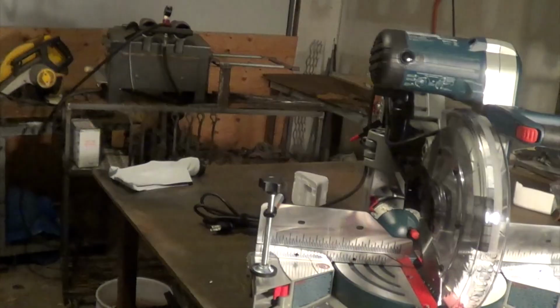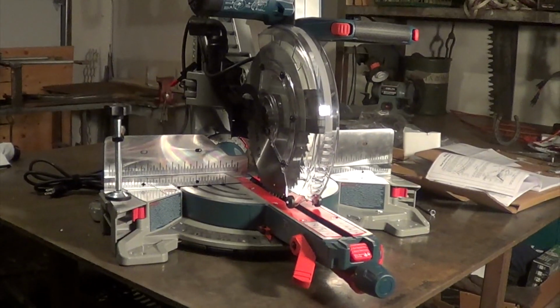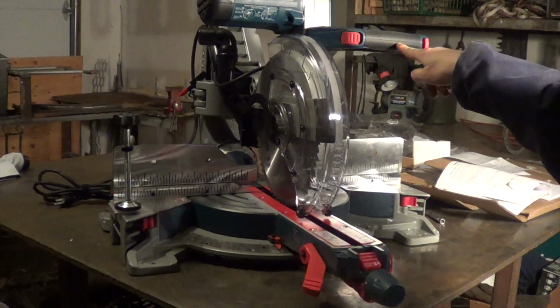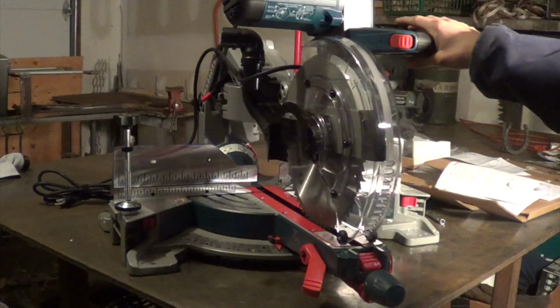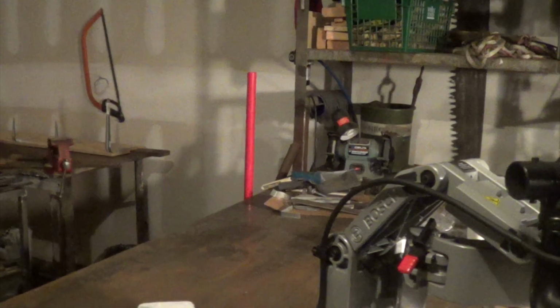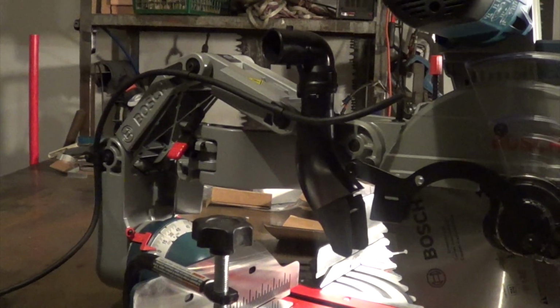But absolutely, my first impression of this saw is after I removed the locks on this thing, I was absolutely amazed at how easily this slides, like with the touch of a fingernail, back and forth. It really is incredible how smooth this thing glides back and forth. And before I get any further, let me just talk about some of the features. Now, when I took this thing out of the box,